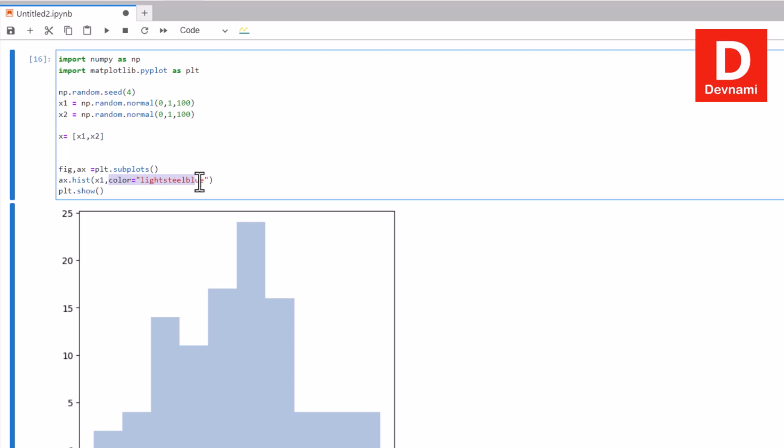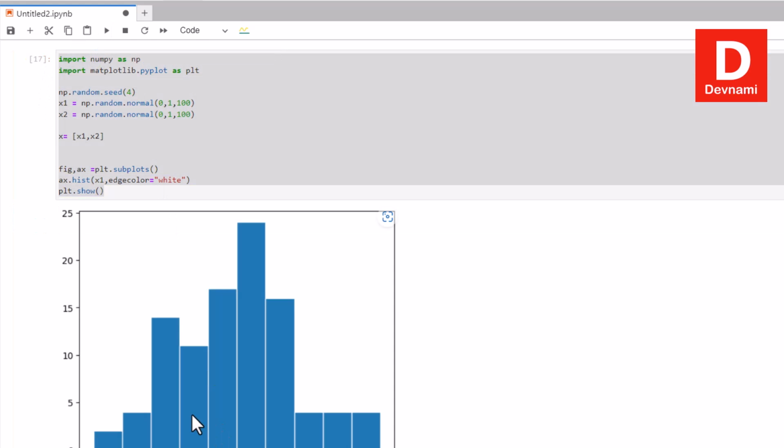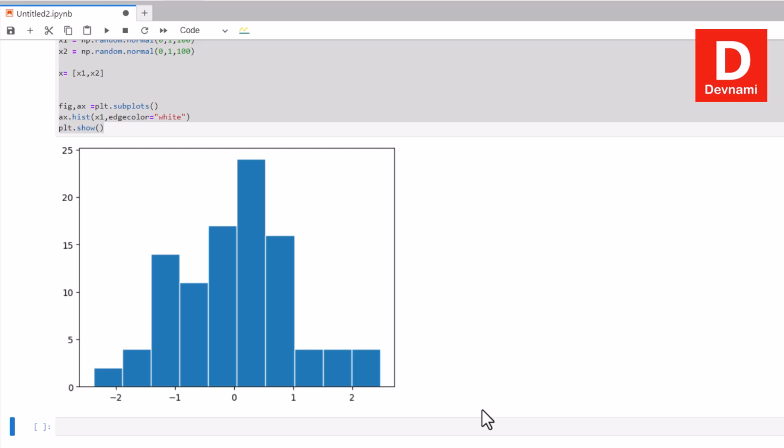Next thing, we can add border color with edge color, right? So edge color we are going to set with white. Let's see if we run this, it will give you the edge between your values, making it more like a bar plot out of a histogram. But considering the data that we have given, if we shift this to, let's say, X value, it should show you that edge between the values as well,